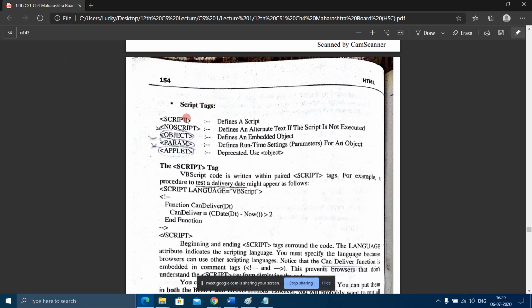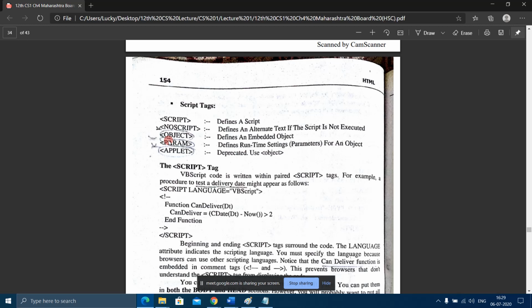Now we know what the script tag and noscript tag are. The object, param and applet tags are not part of the script tag, and I don't know why they have been mentioned here. The purpose of the object tag is to add multimedia files to the HTML document. For example, if I want to include a video file or an audio file in my HTML document, we will use the object tag.